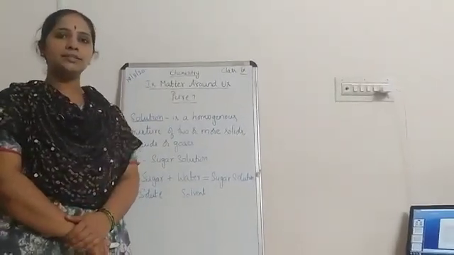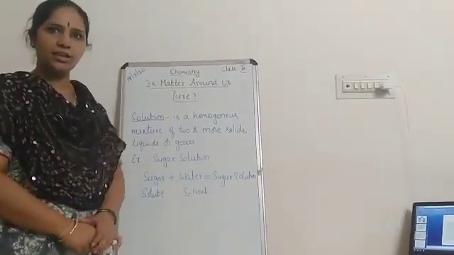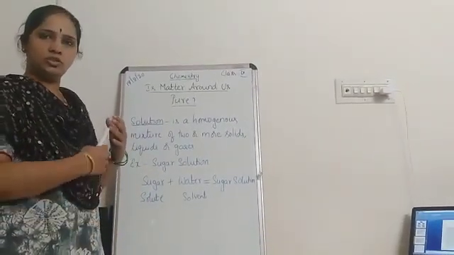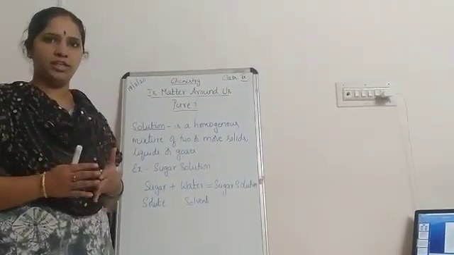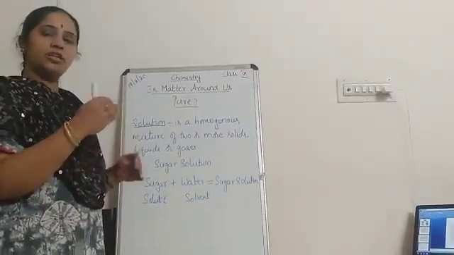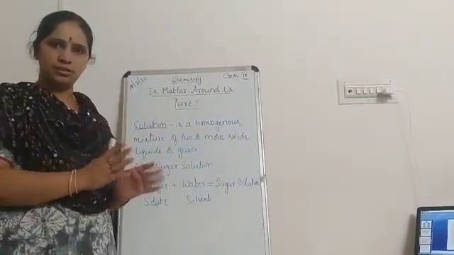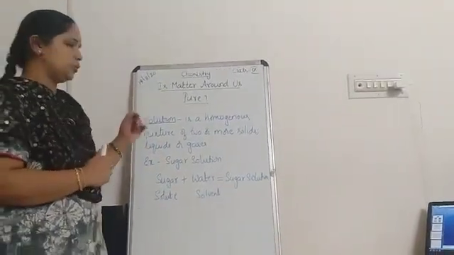For classes, that is for sections 9B and C, I've already discussed this in the online class, but still you can just go through this again. Problems, I'll be sending one more video on Wednesday. So 9B and C, children, it is like a revision which I have already done for you in the online class. So now let me start with solution.